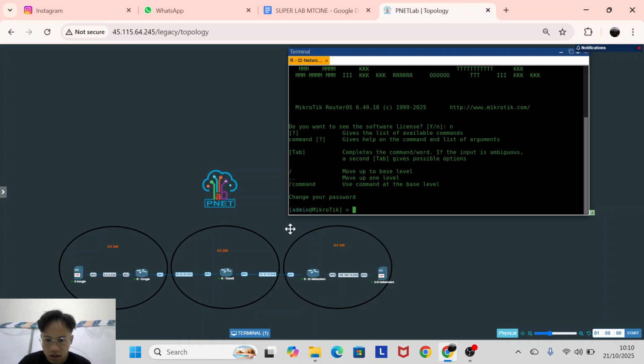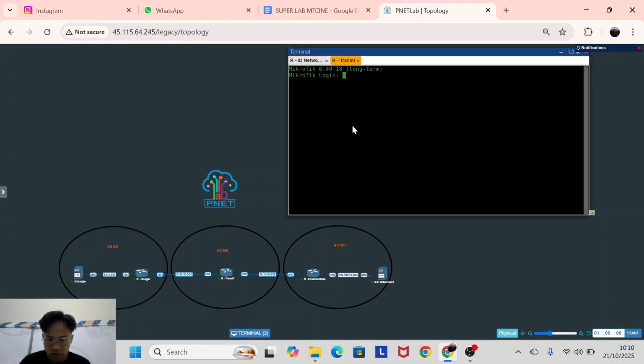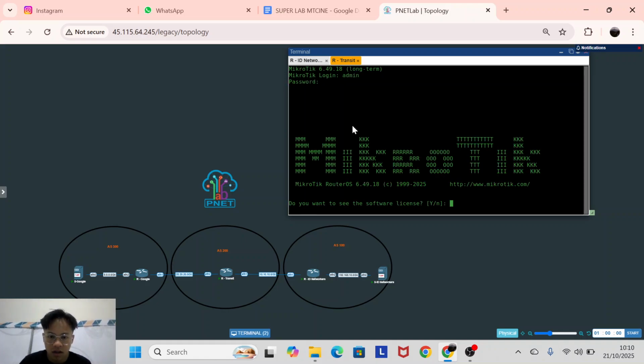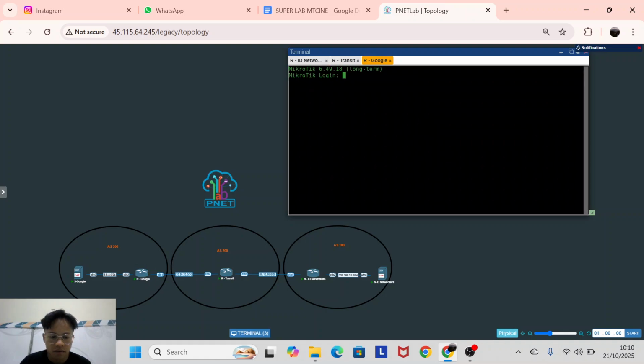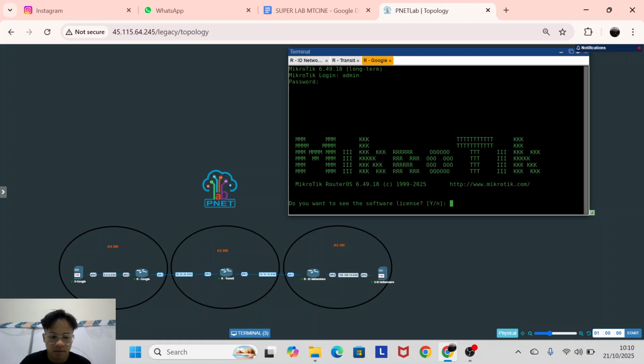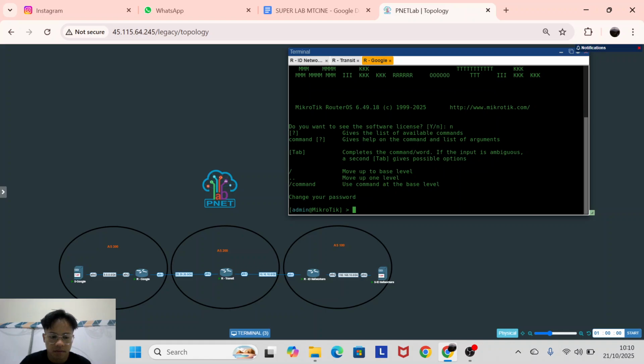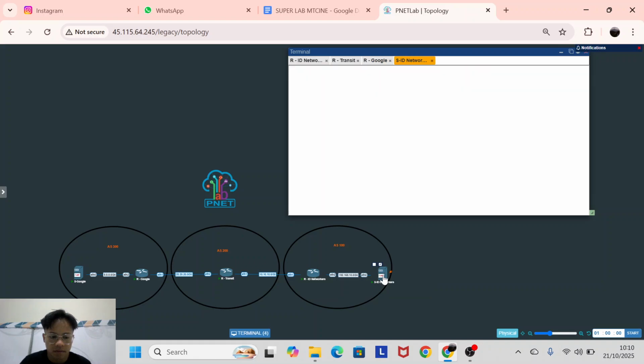Now we will log into the command line for our transit router. Same, just follow the default, and now the Google router. Okay, now we will log in to our server.